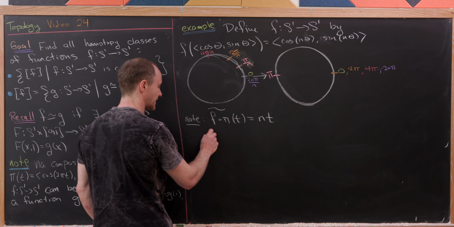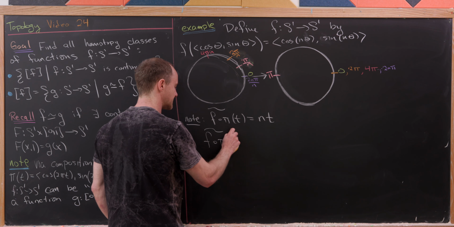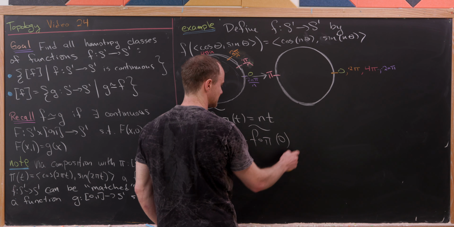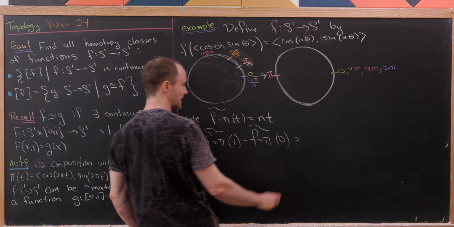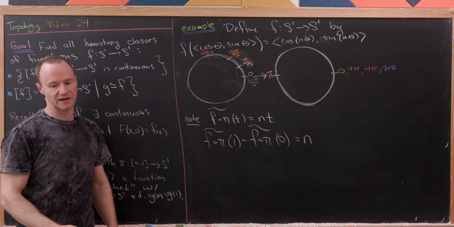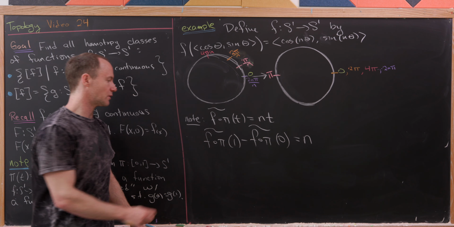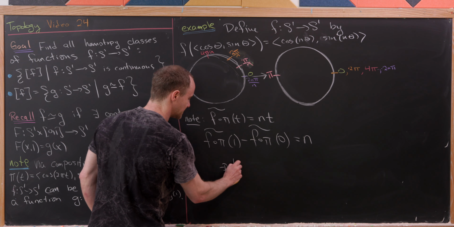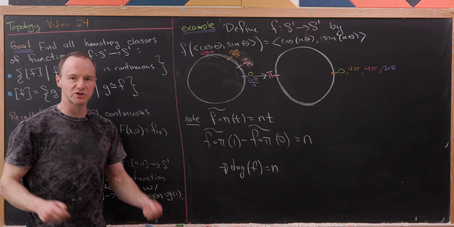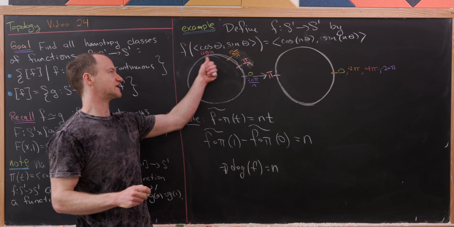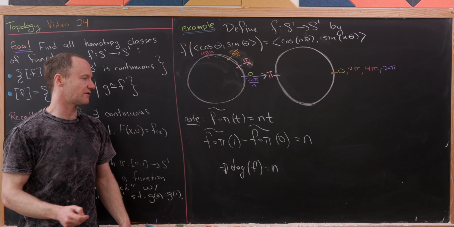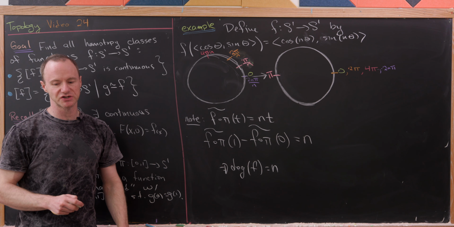But now let's look at f composed with pi tilde evaluated at 1 minus f composed with pi tilde evaluated at 0. Well, that's pretty clearly going to be n times 1 minus n times 0. In other words, it will be n. And so, well, what that means is that the degree of f in this case is equal to n, which again, since we described our function as winding the circle around itself n times, that gives motivation for the winding